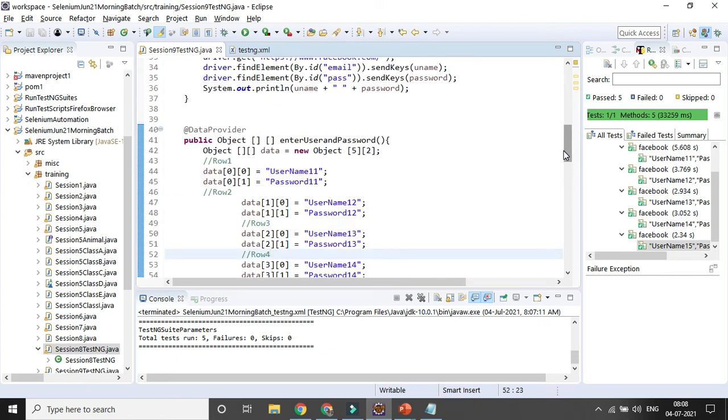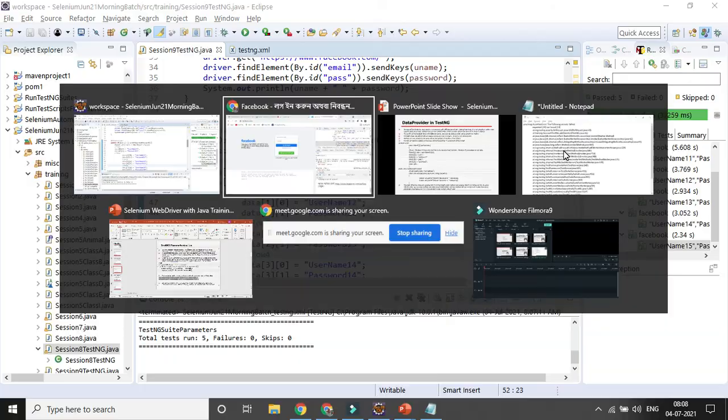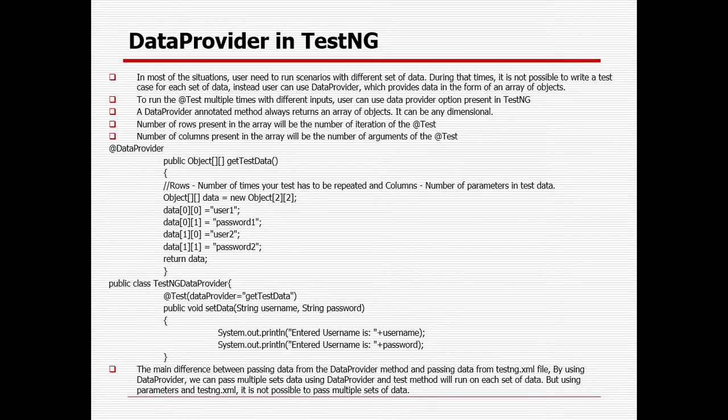Okay, is it clear? Because this is a very important concept. Whenever you use the framework, you need to use the data provider concept, and definitely we will be writing a few more lines to read and write data from the external source, but that part will be fixed here. We will not be changing anything. Is it clear?